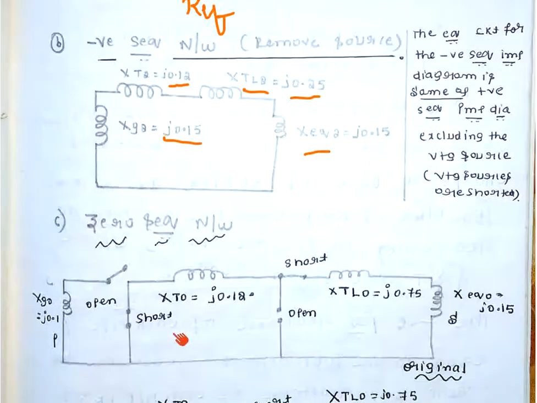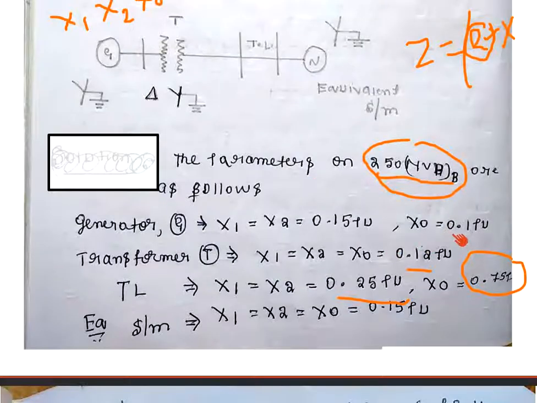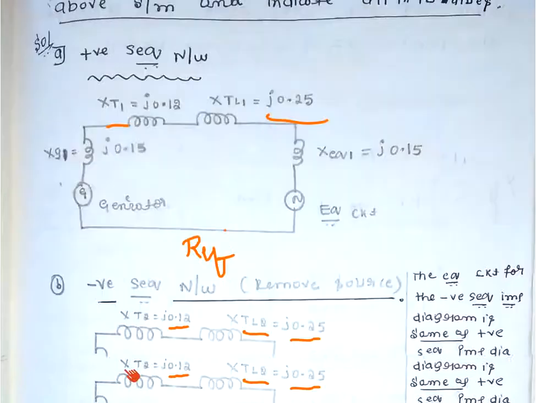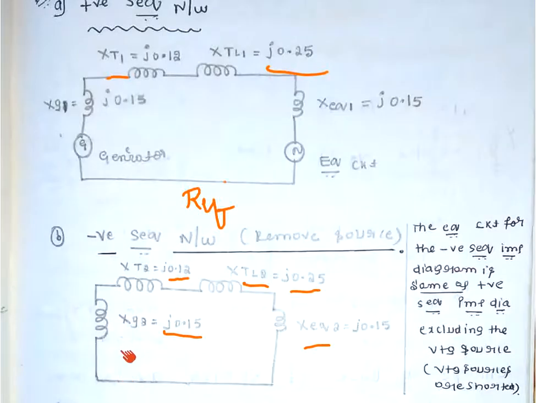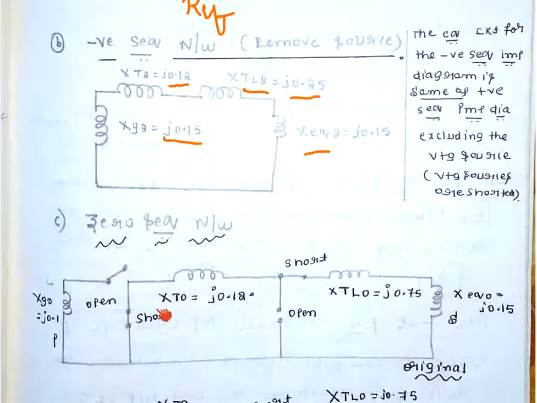Now, for the zero sequence network of a generator, the value had been given in the question as 0.1, so I have taken 0.1 here, and the generator will not produce any zero sequence component of voltages. Now, what is the next criteria? When the parallel switches or shunt switches will be closed for a transformer.